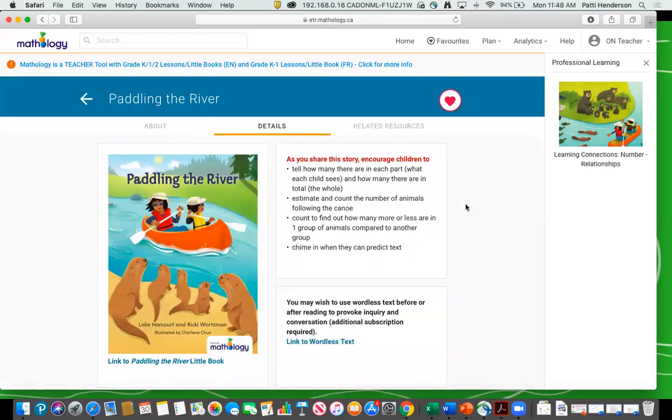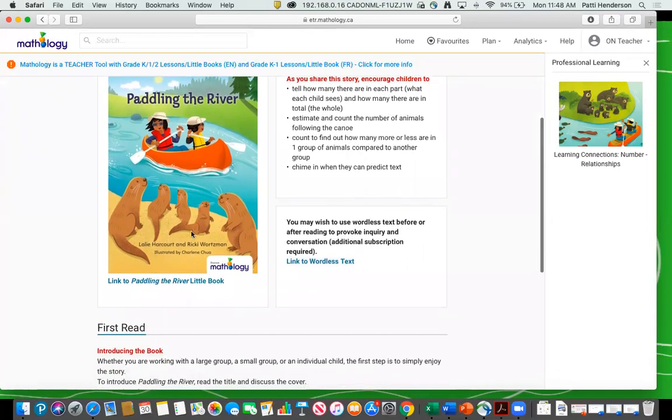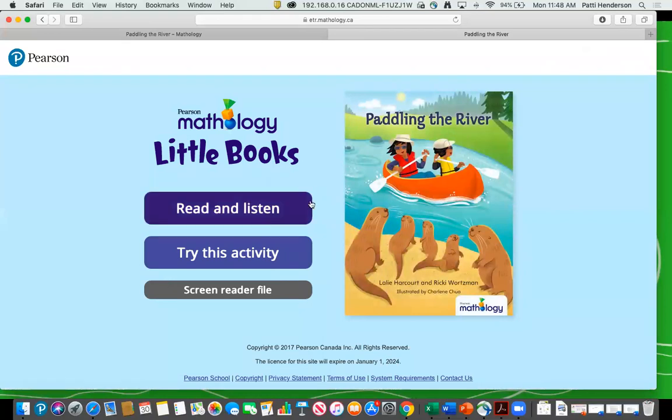In the details, you'll get a little bit more information about this little book. Ideas about what to talk about as you share the story. And then you also have, on the left-hand side here, a read-aloud version of this little book that you can share. And I'm going to actually share this with you and let you see what that looks like. So this is the read-aloud version of Paddling the River. You have an option to read and listen and try an activity. I'll show you both. So under Read and Listen,